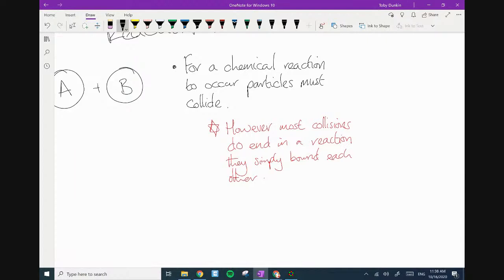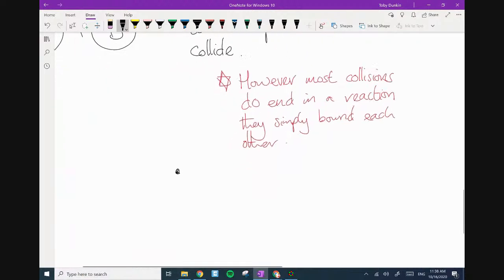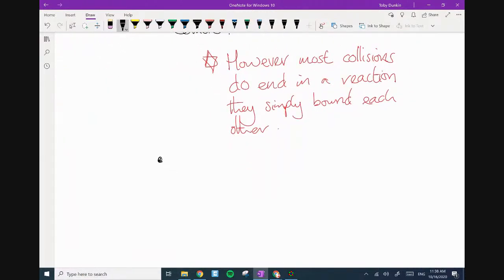Okay, so however, most collisions do not end in a reaction. They simply bounce off each other. So when do they react? When the particles